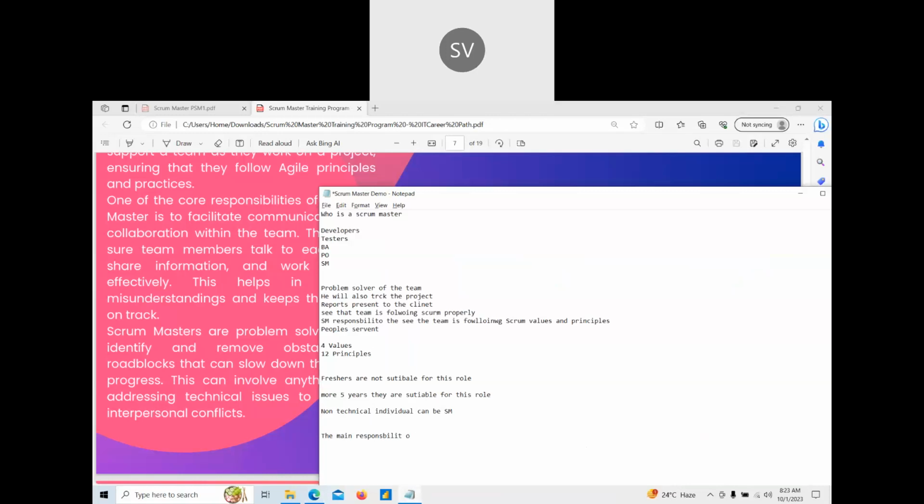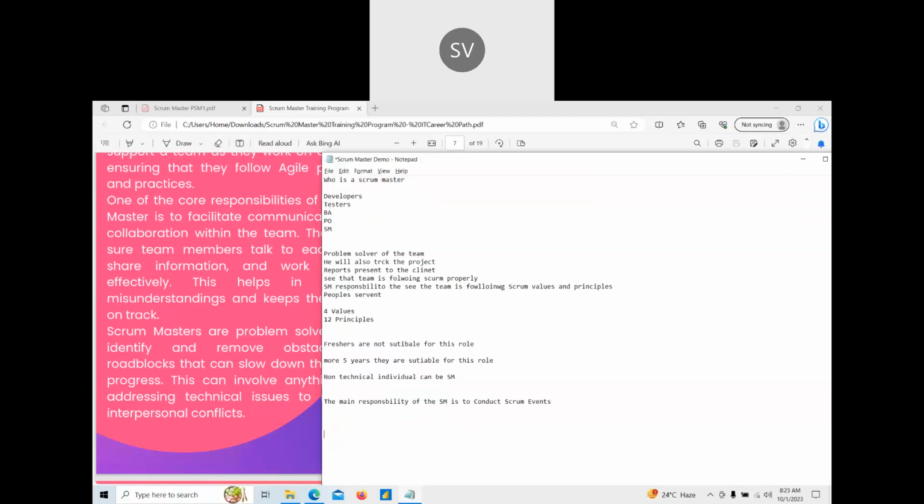The main responsibility of the Scrum Master is to conduct Scrum events. What are the Scrum events?